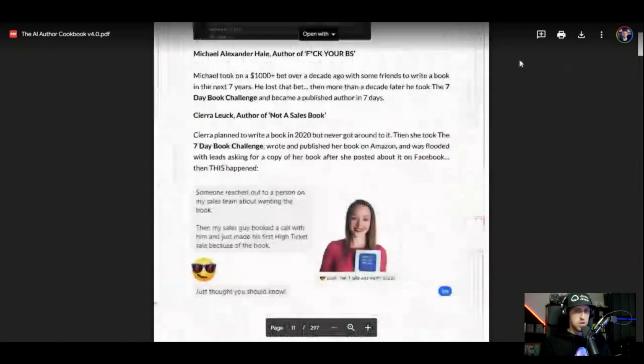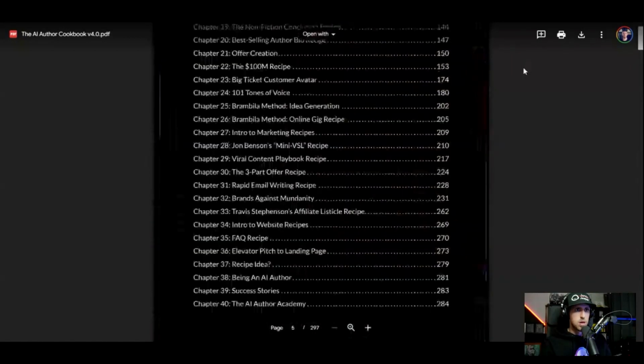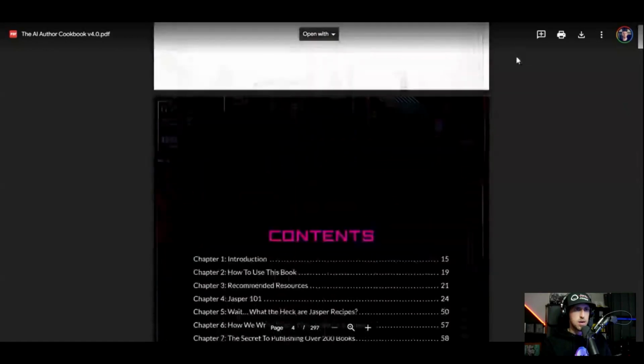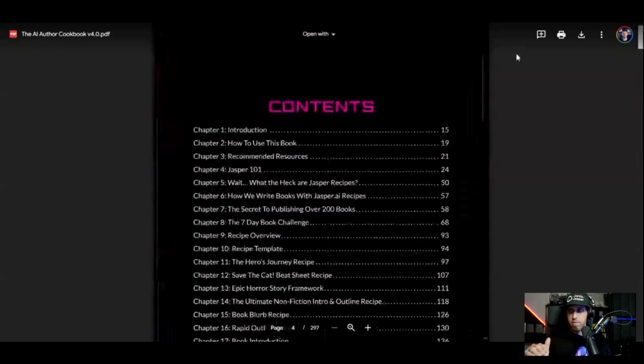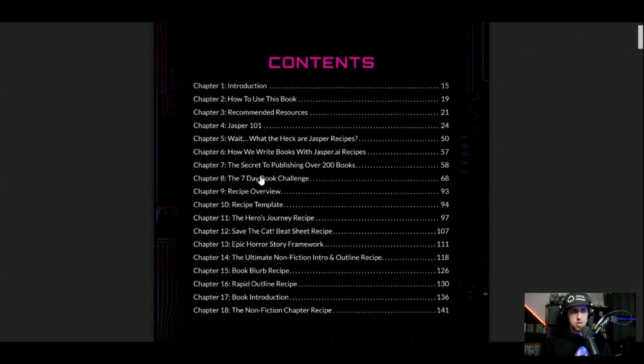So when you scroll through this book, let me make sure I didn't scroll too far past, right? Okay, cool. Key thing here is going to be in the content. So again, for brand new to Jasper, check this out. Introduction, Jasper 101, resources, goes over recipes as well. But the back end of this book, we teach you the whole framework for how to write a